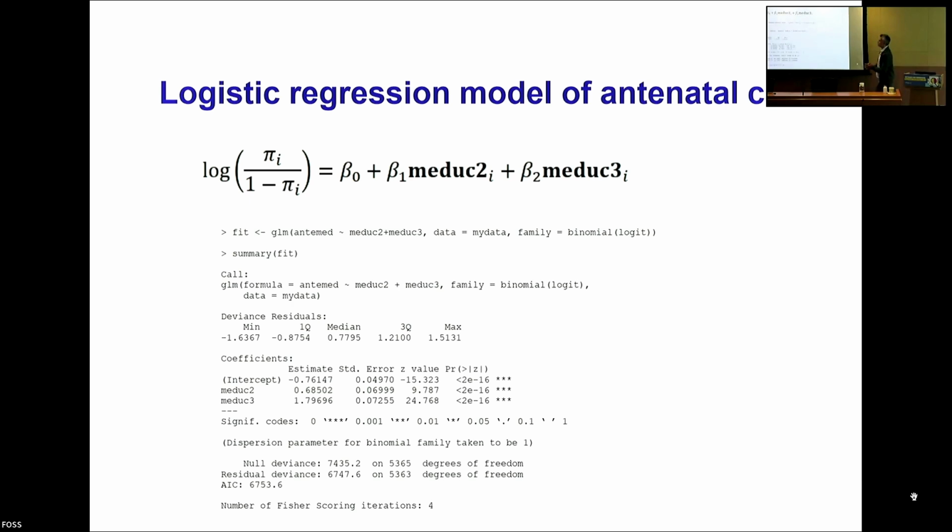So how do we run this in R? Remember, this is a very simple single level regression model. We use the GLM command, the generalized linear model command. Our dependent variable is anti-med. We have 2 independent variables, 2 dummy variables for education, mother's education 2 and mother's education 3. The data comes from my data, and the family equals binomial logit tells R that you want to run a